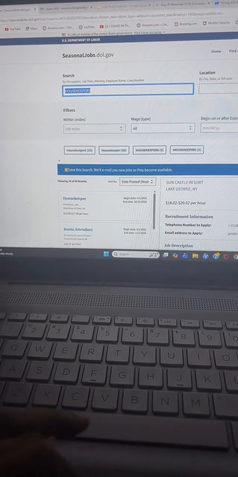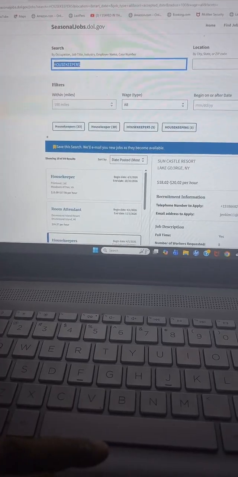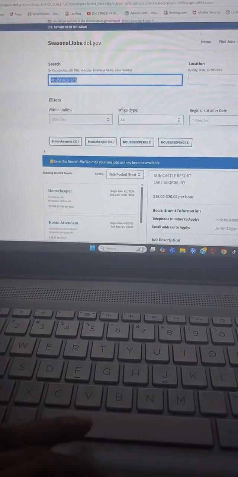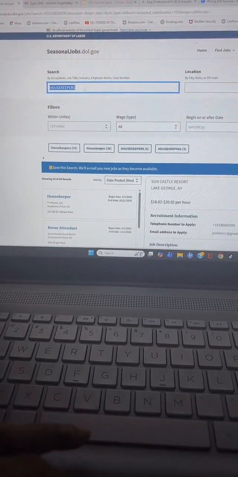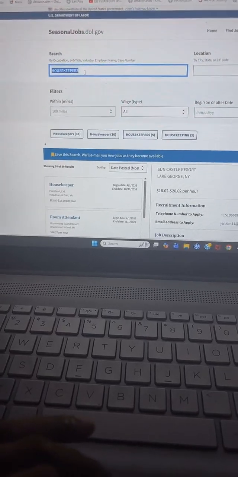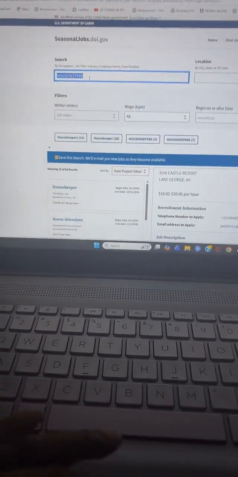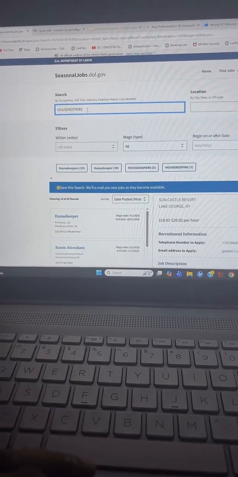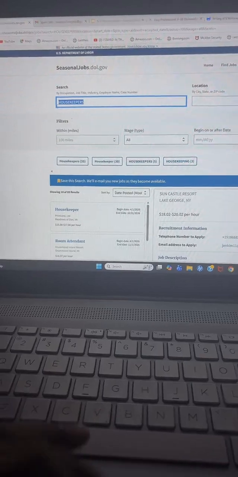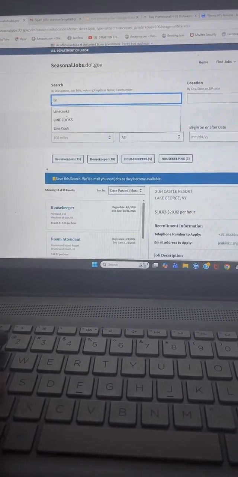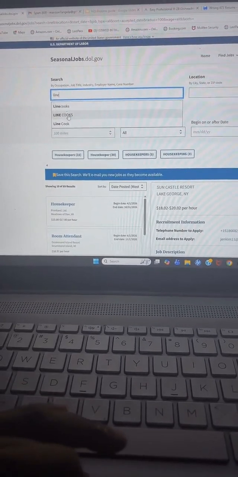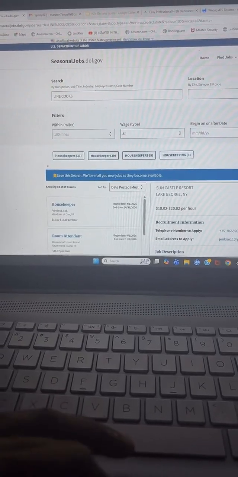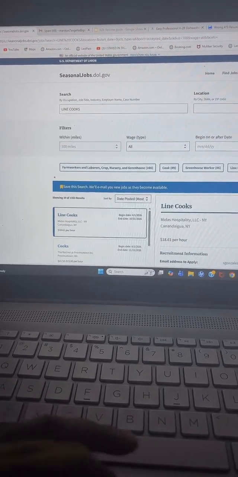For persons that are just joining me, can you tell me what job position you guys are seeking for the H2B visa program, so I can go ahead and search? This is not for health care. This is more likely for the hospitality industry. Alright, I'm seeing cook. This is for the H2B visa program.